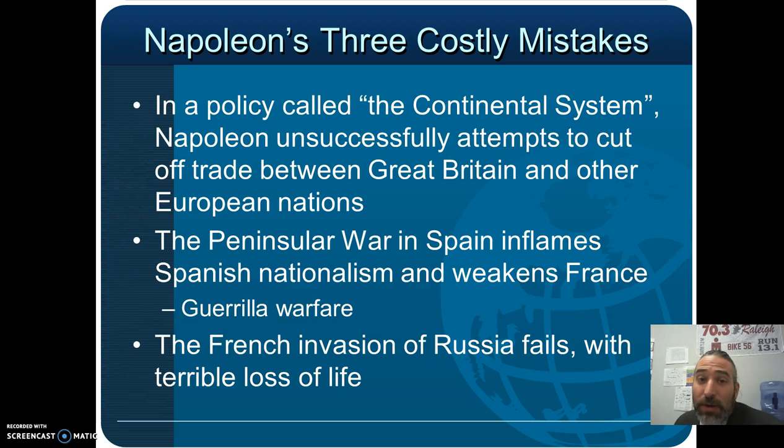The Spanish people don't care for the French troops being in their country, and they start a style of warfare known as guerrilla warfare. And if you pay attention at all to the United States and our military forces around the world, we're facing a lot of guerrilla style warfare throughout the world, where we don't know exactly who our enemies are. They kind of blend into the landscape. They don't face us like a natural army.